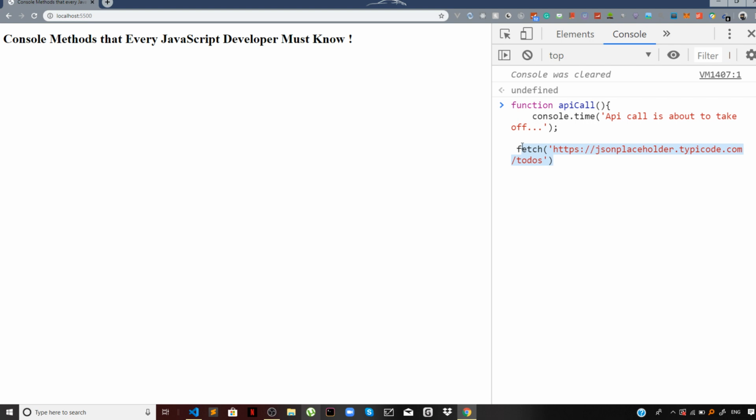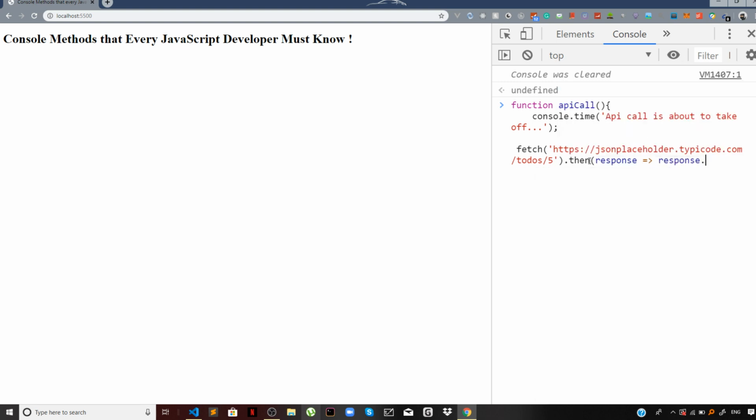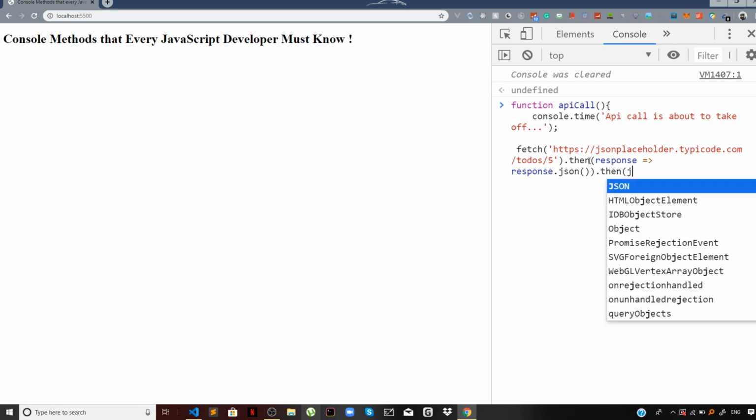So basically whatever result you get back, so let me select a specific todo by its ID, and then I will say .then. So we will get a response back from the server, and we will parse it as JSON. And once we get it as JSON, what we will do is we'll simply end the timer and log the result to the console in form of a table. So .then we'll get JSON,